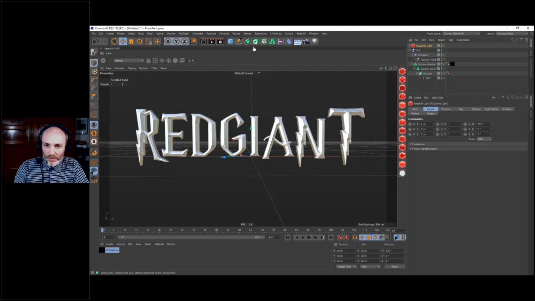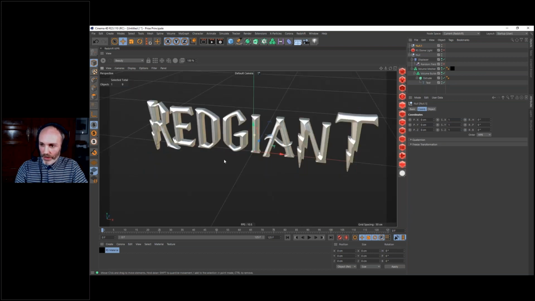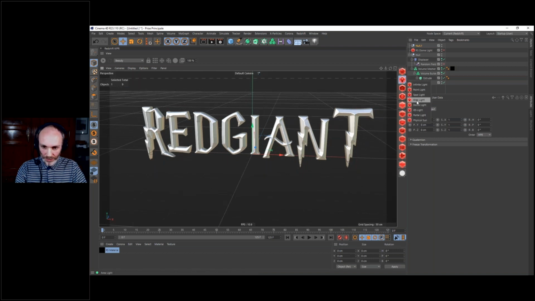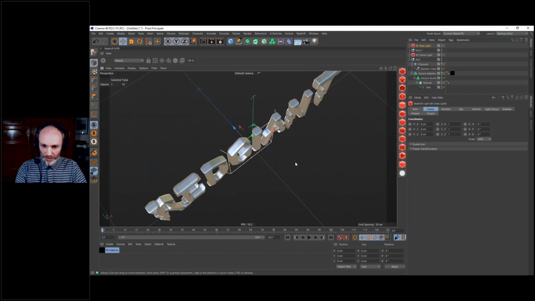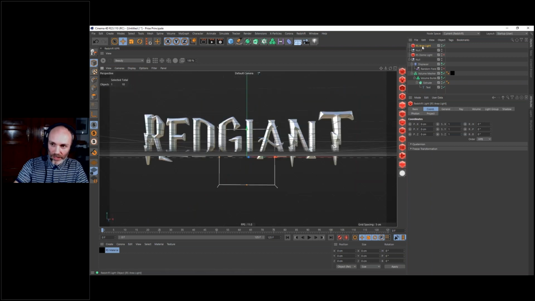Let's create a null object. This null object will be in the center of the scene. And I'm going to create now an area light. Okay, so the area light is also in the center of the scene. And you can see with those lines here, it's going to shine in the Z direction. Okay, I'm going to put this light inside my null object. I'm going to name this null object Key, for key light.